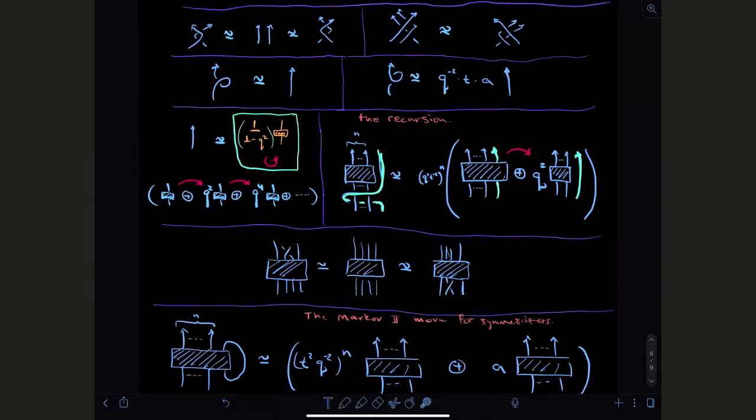I would say the most important relation is this recursion relation that tells us how the symmetrizer on n plus one strands is related to the symmetrizer on n strands. So if you see a symmetrizer on n strands with another strand linking around it, that whole complex is homotopic to a direct sum of two things. The first summand has a bigger symmetrizer, and the second summand, and there's an extra component of the differential,